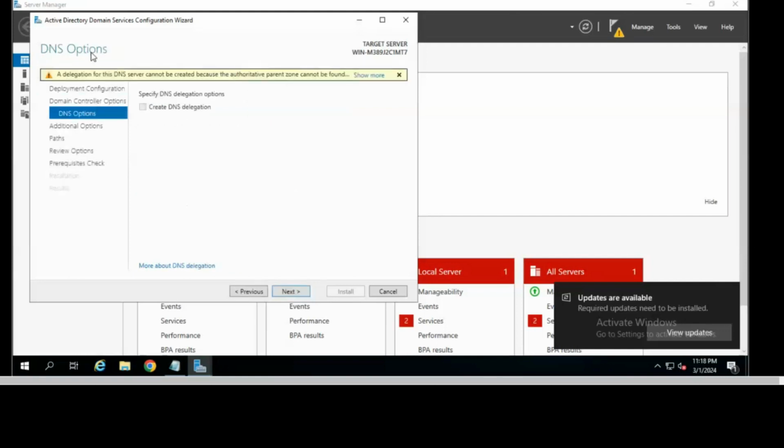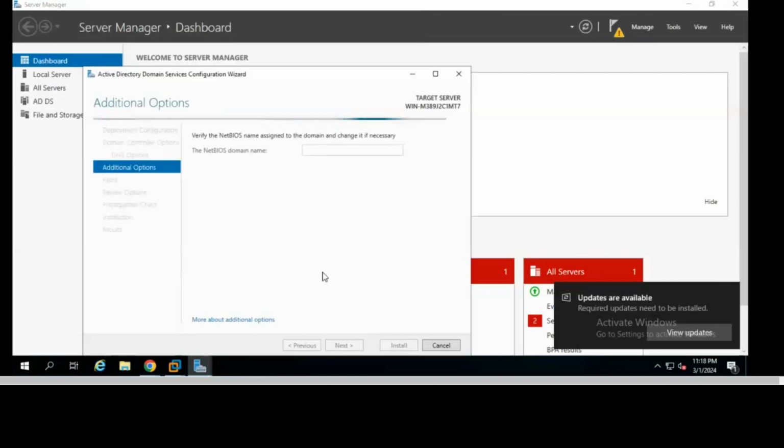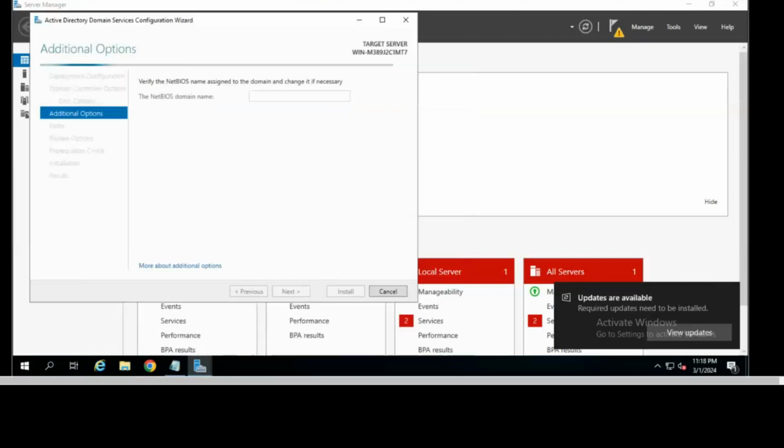After that, these are the DNS options. You don't need to do anything here, just do next. Then the NetBIOS name will be configured automatically, so wait for a moment. It is configured, and automatically it has taken the trainer name.